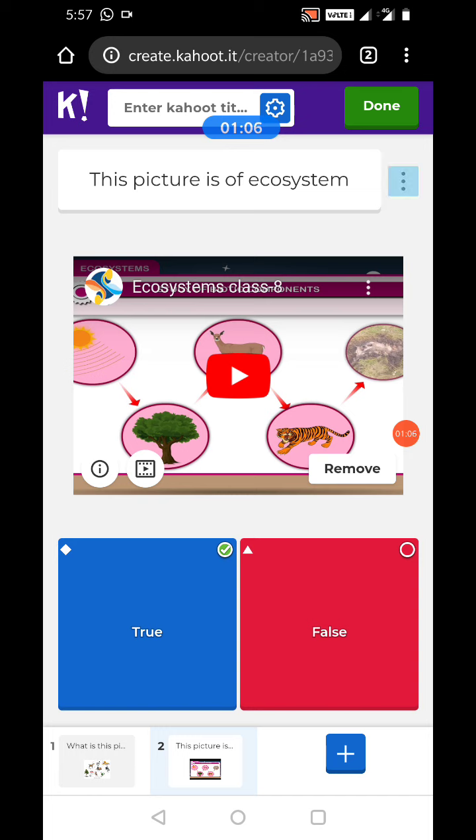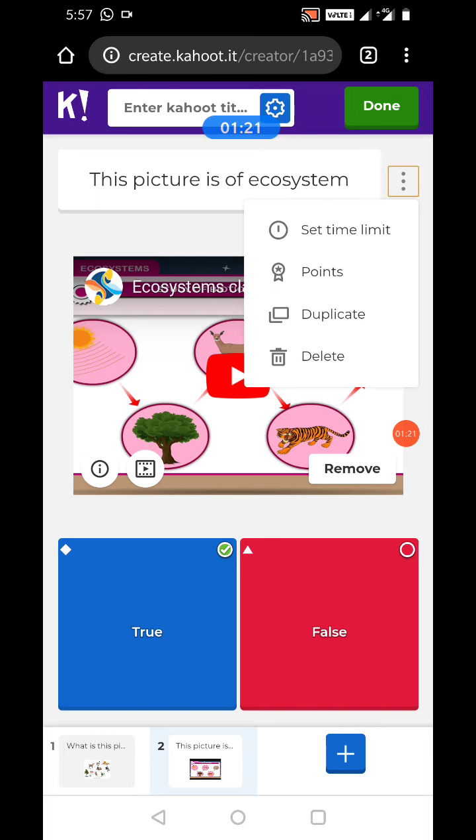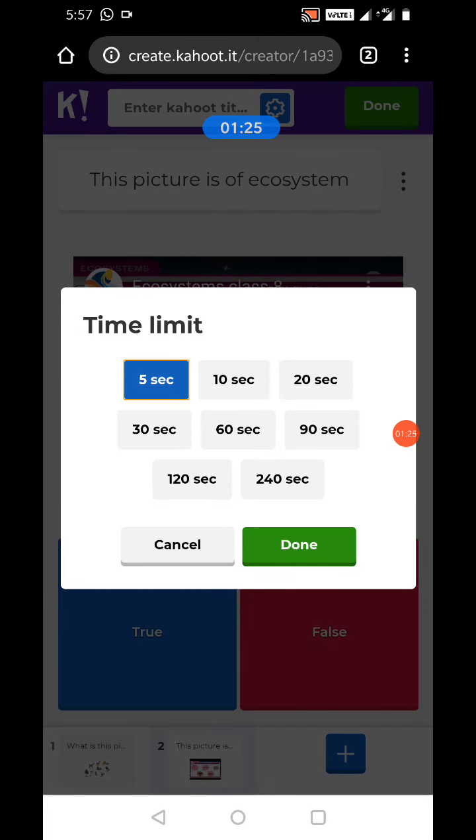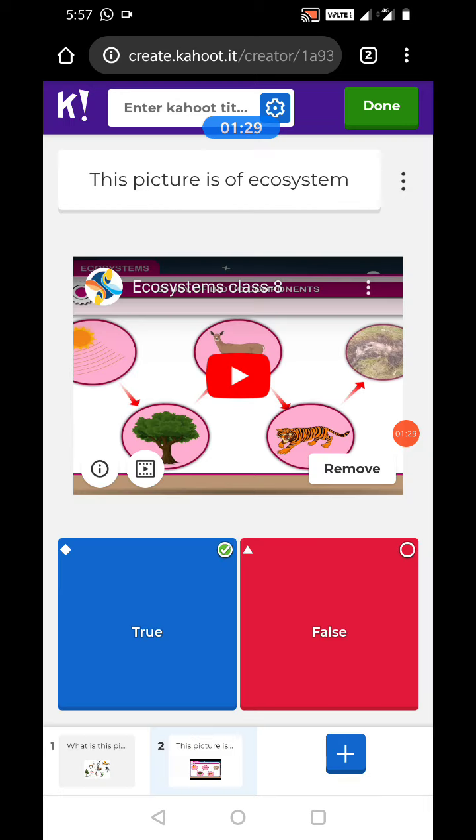One more thing we can do is click on these 3 dots. These 3 dots give you the option to set the timing of the quiz. When you click on these 3 dots, you can set the time limit. I'm setting 5 seconds only because we just have to give it a trial, else it will take a long time.